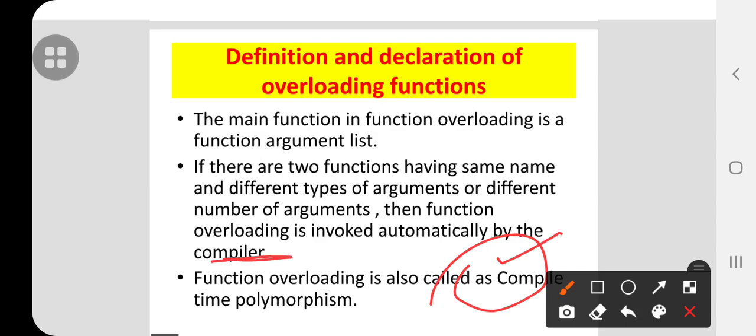The main thing in function overloading is the function argument list. If there are two functions having the same name but different types or a different number of arguments, then it is called compile time polymorphism, or function overloading.